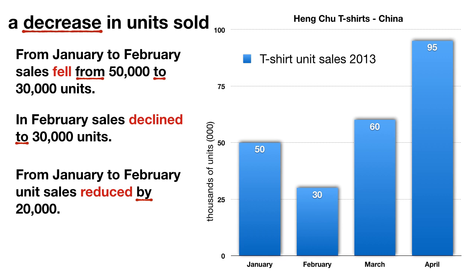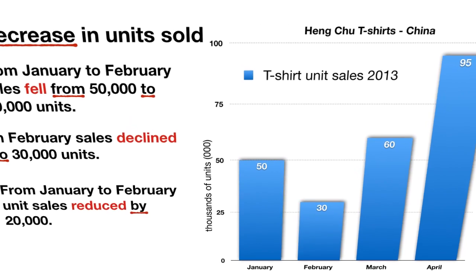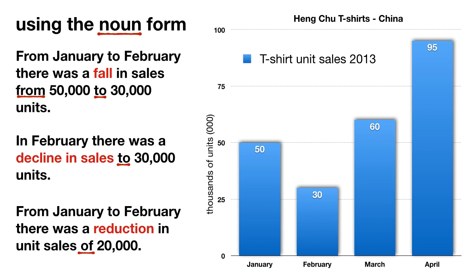So if you use the wrong preposition here and say unit sales reduced to 20,000, you are actually describing the wrong situation. You will cause confusion, all because of a little English preposition, so you need to be careful with these prepositions. Now, many English verbs have a noun form, and in this particular description, you can use